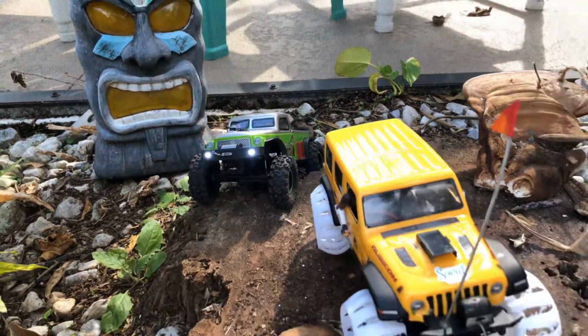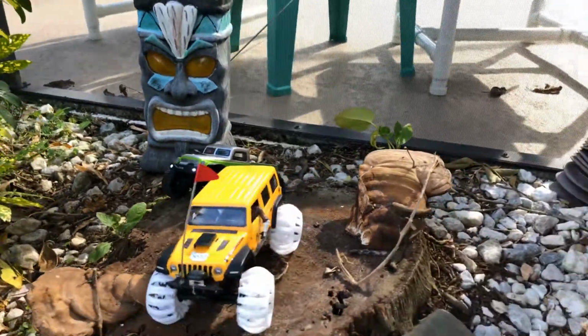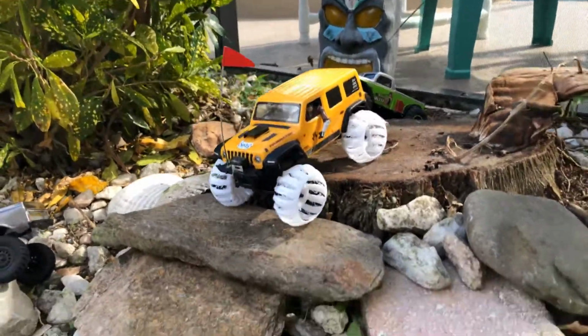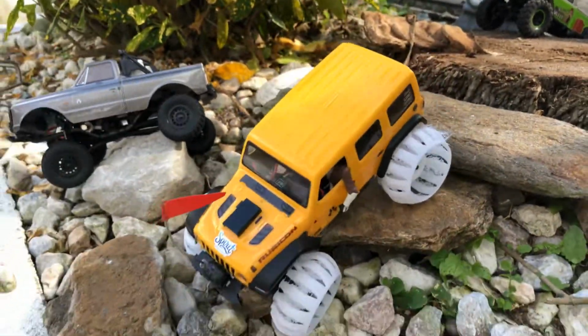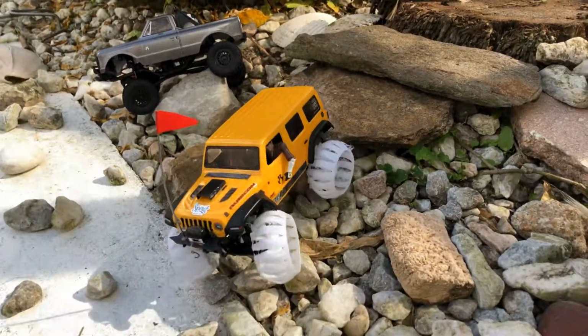Now let's try the Jeep out with the 3D printed tires, and let's see what it does. So my Jeep has a lot of weight. I've got two guys mounted in the cab, and I've got weight in the chassis, and I do run a barrage engine. So it's not quite an apples to apples comparison, but